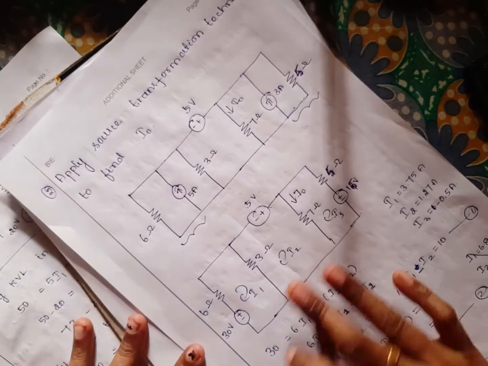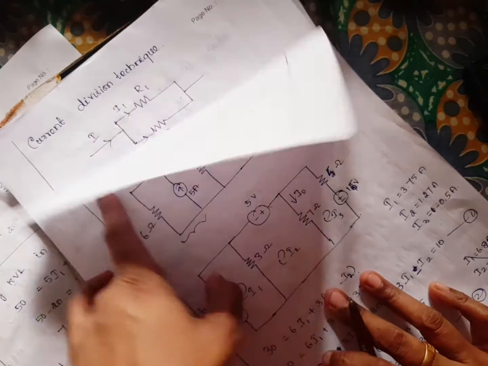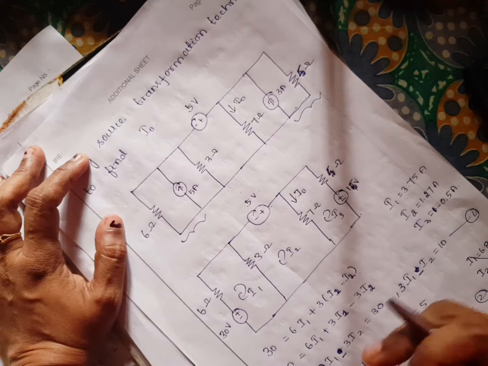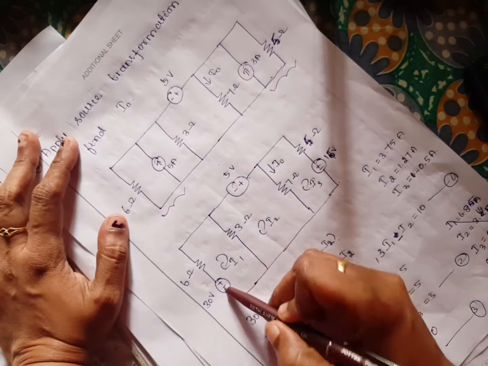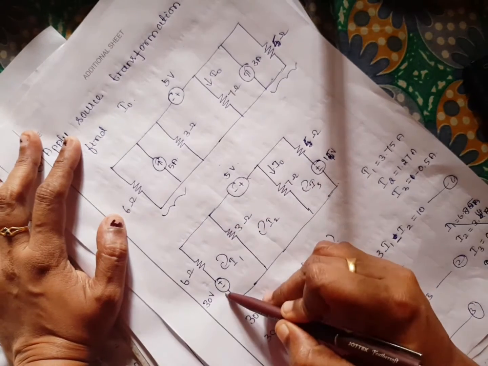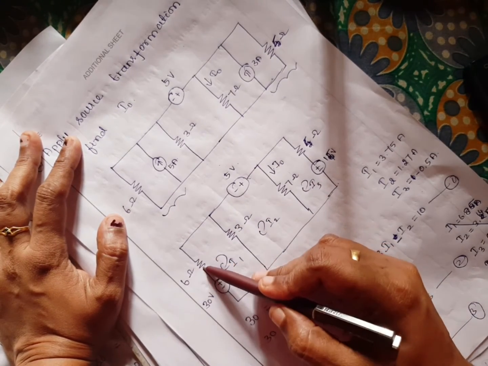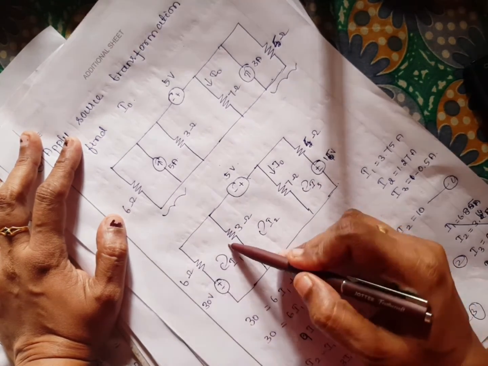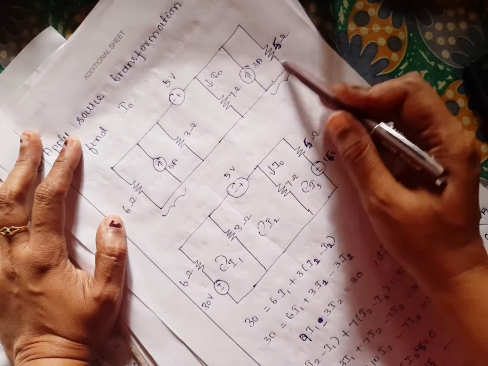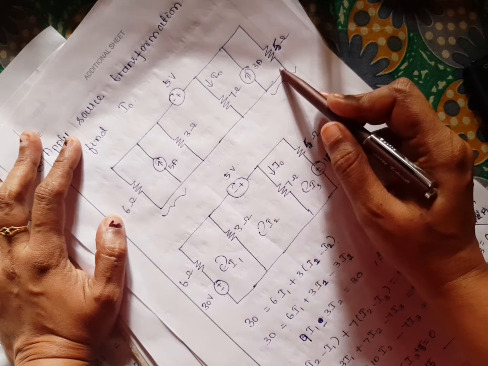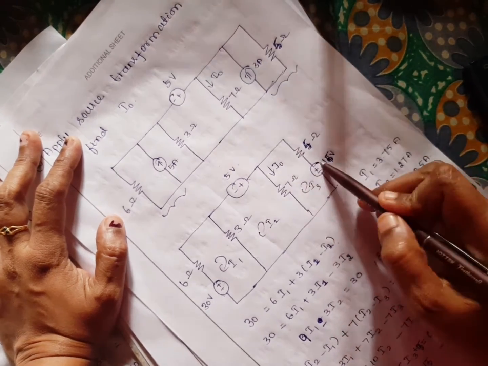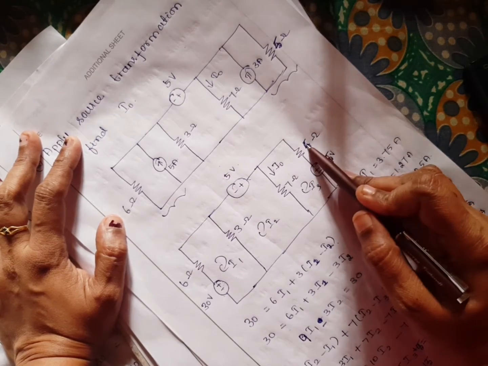You know, source transformation means if the current source is parallel to the resistor, we can easily change that to a voltage source. How? Voltage source V is equal to I into R. So 5 into 6, that is 30 volt, and it is in series with the 6 ohm resistor. Then resistor 3 ohm, 5 volt, 7 ohm, and here also it is parallel. So to change to a voltage source, V is equal to I into R: 5 3s are 15 volt, in series with the 5 ohm resistance.